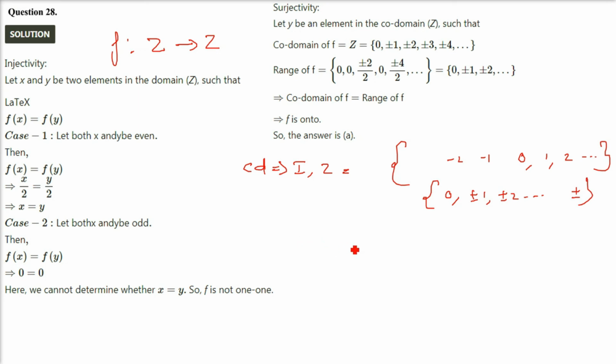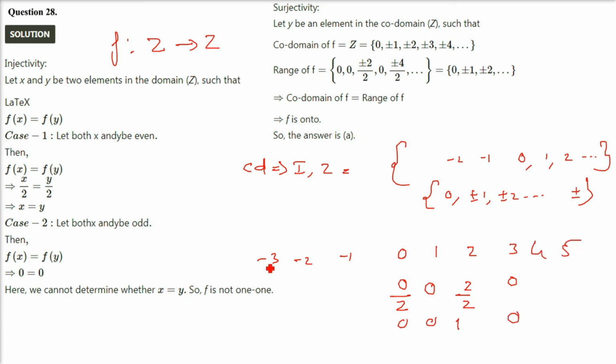What about the range? See, for even it is x by 2, for odd it is 0. f(x) is x by 2. But don't worry about the real number, because for 0, 1, 2 we are going to give 0 by 2, for even, and for odd it will be 0. Again 2 by 2. Then odd it is 0. So you are getting 0, 0, 1. Then you have 1.